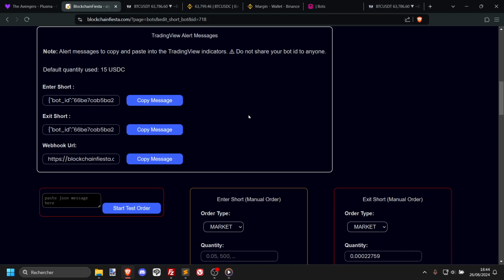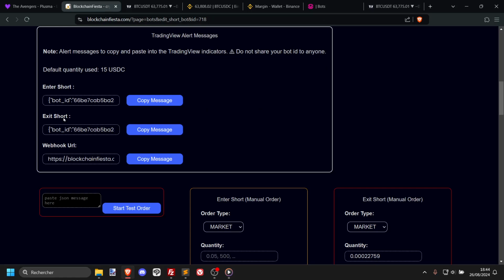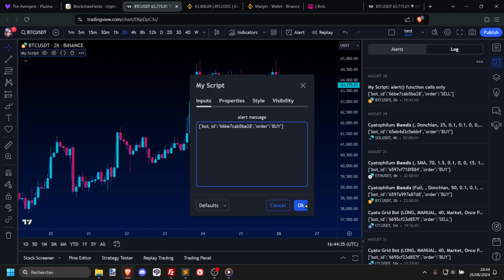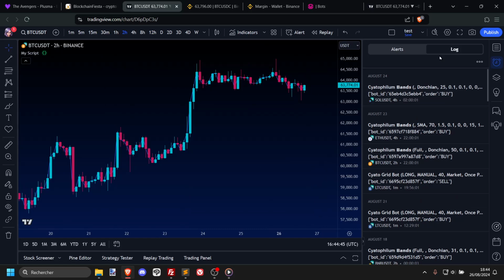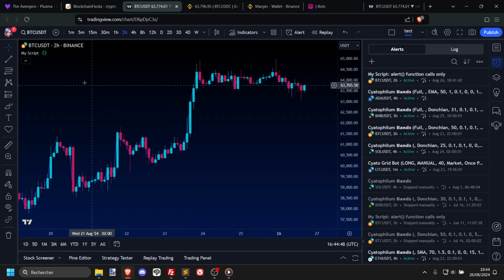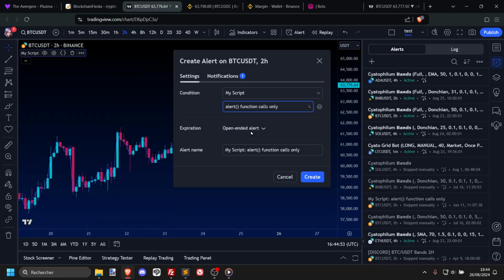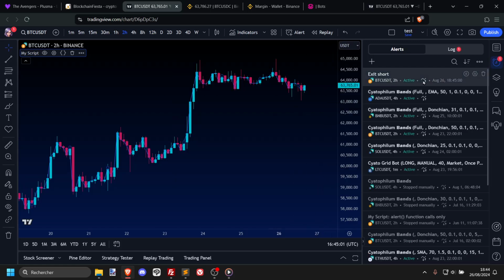And so what I'm going to do is to close the short. To close the short, I'm just going to set an exit short message. Now what it's going to do is buy some BTC and repay the borrow that I did with the enter short. So I create another alert. I can delete this one, it's fine. Create a new alert, and you can call it exit short if you want. And boom,